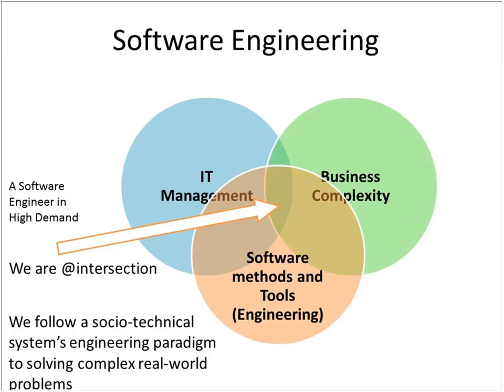So one simple way of explaining what information is to look at the intersection of these three circles. One facet of what we do when we build our applications is business complexity, the world we try to automate. The software engineering techniques, programming, algorithms, what have you, Java, whatever. And the third facet is IT management, the ability to understand the impact of cost, quality, and time on the